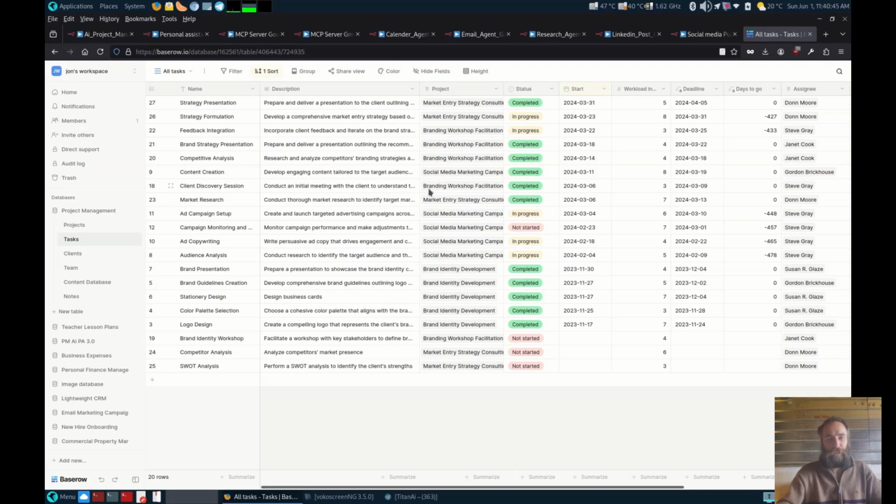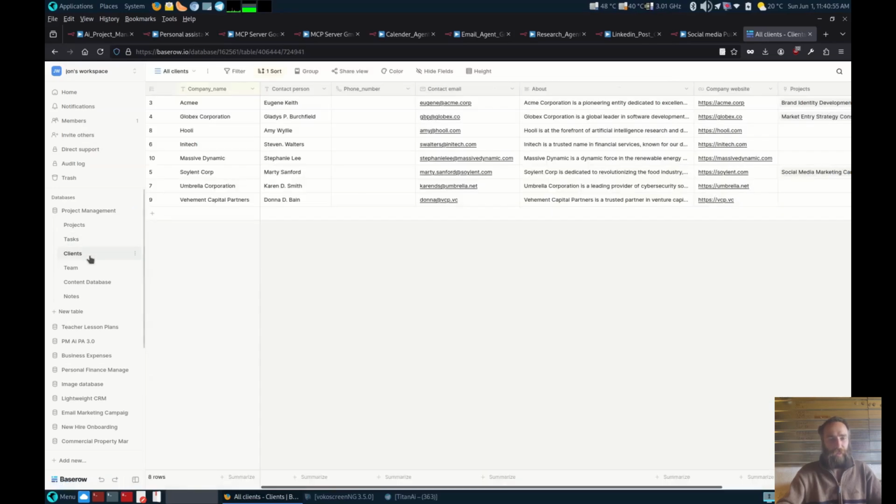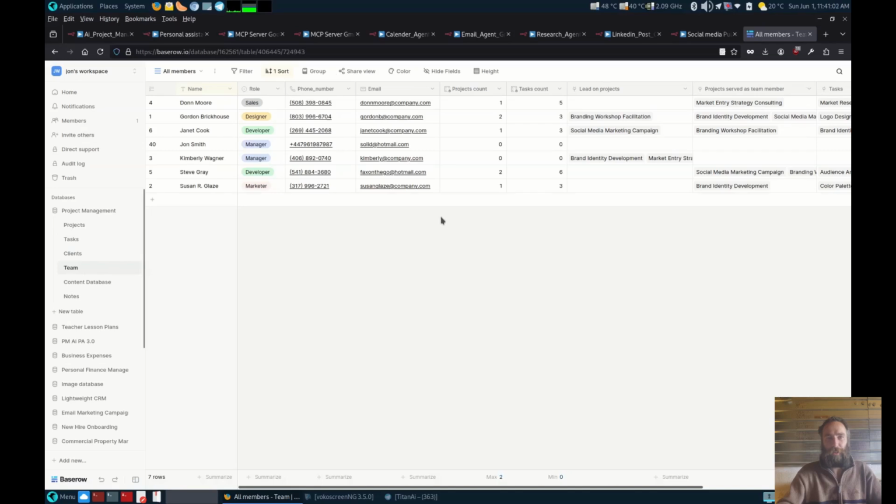So when something gets changed on the projects, it can change the tasks, and when something changes on the tasks, it can change under the projects as well. And the same with having client contacts and team contacts. When you update the team member that's working on the project and the tasks, it will update it on the different tables. This is why it's so powerful, and why